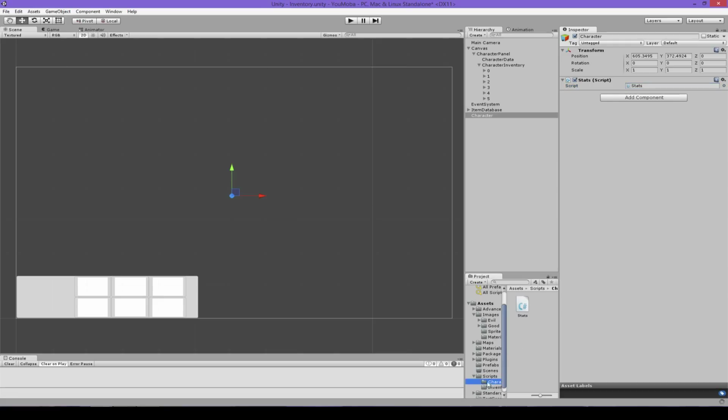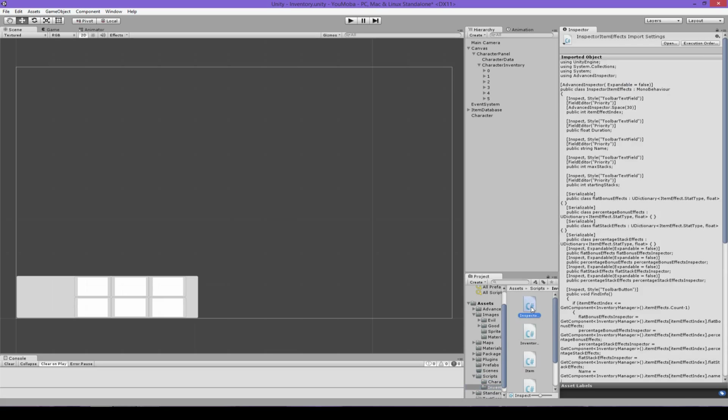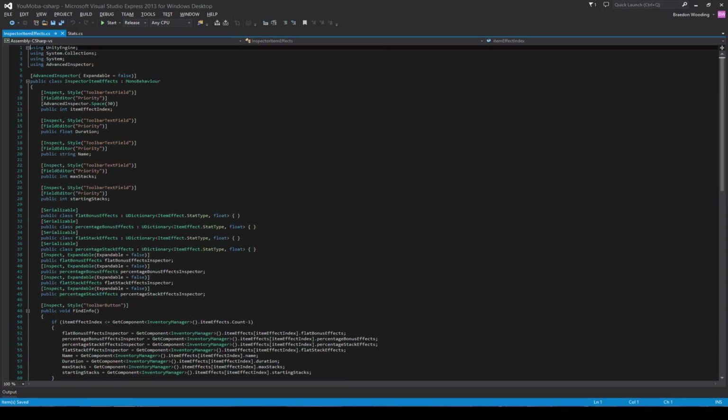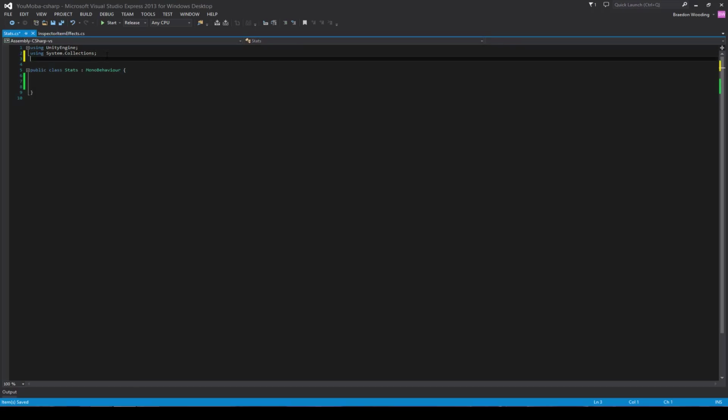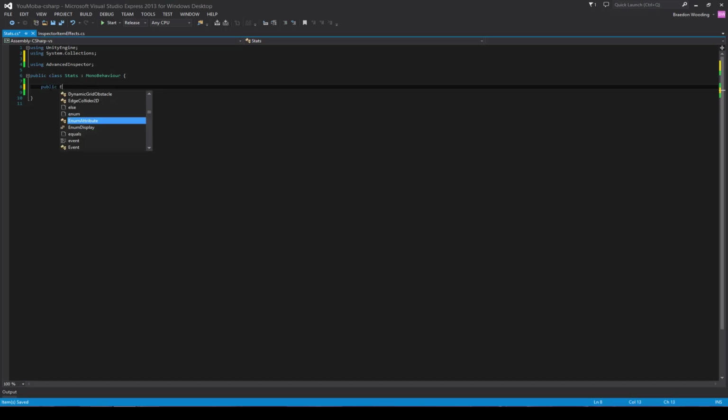It changes slightly, so we are going to open up our inspector script since I don't really know fully how we did things. I know we did this here, which is really the big stuff. So we also want to make advanced inspector. We're going to use advanced inspector. We just want to have a bunch of enums, so we want a public enum called